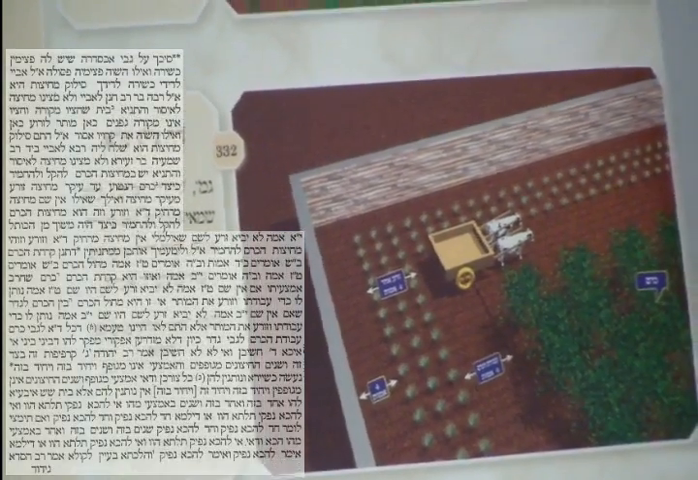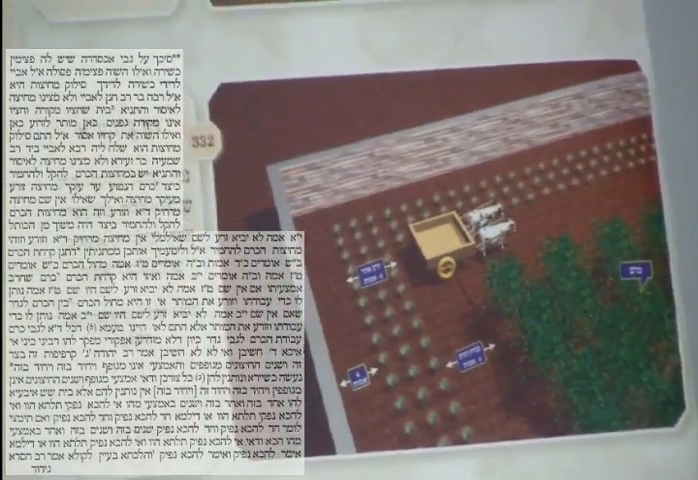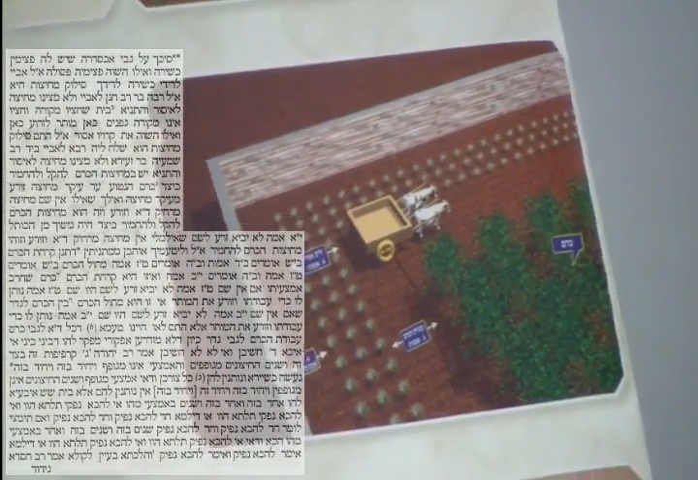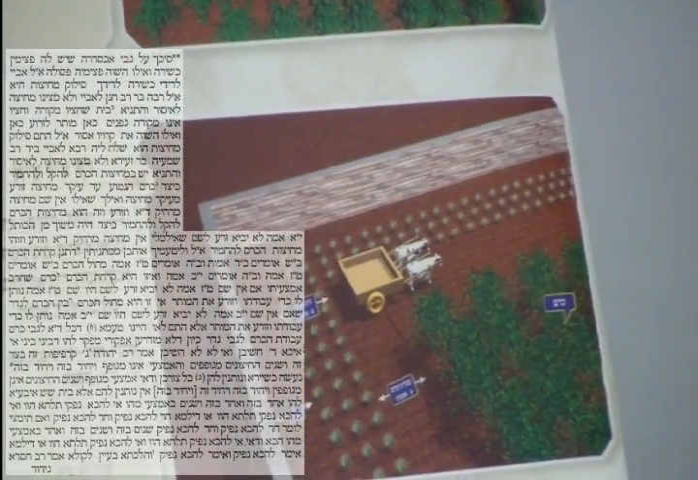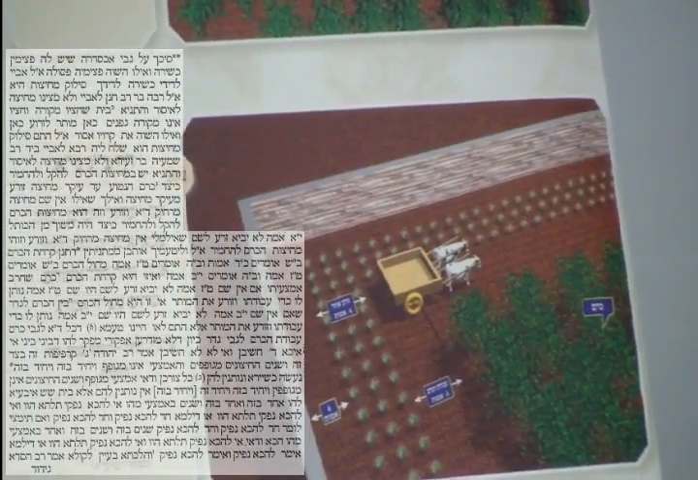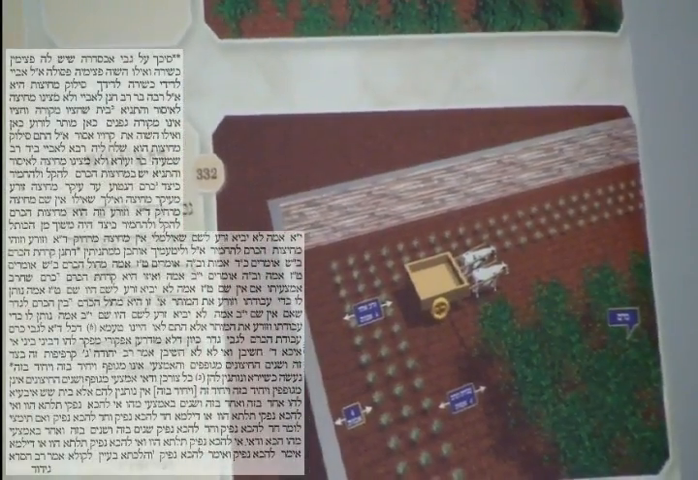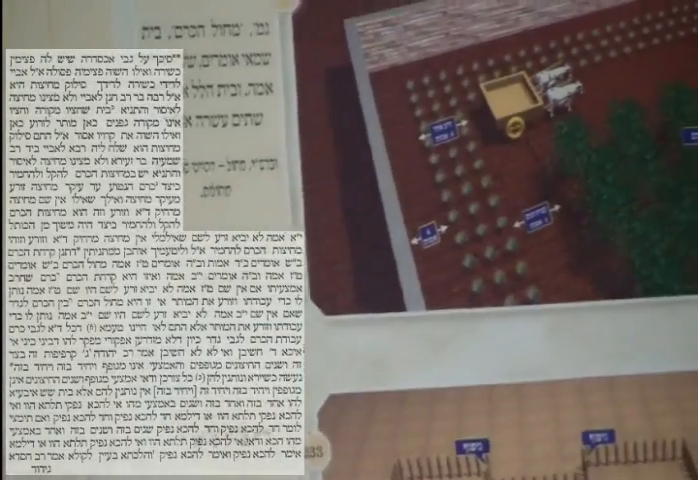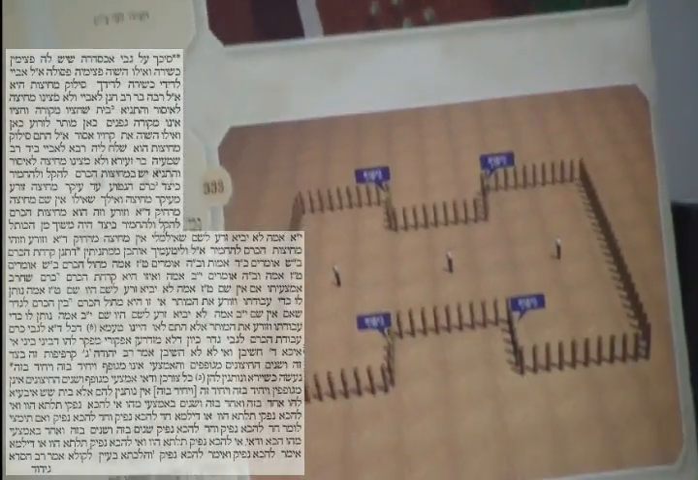So now we are back to the discussion of gdola and ktana. Remember we talked about the kamatz, large and small. Amar Rav Yehuda, shlosha karpifot. We go to a picture, 3, 3, 3. Rav Yehuda said,